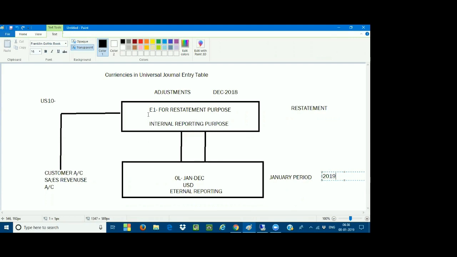Those manipulated transactions I can do in E1 for internal reporting purposes, like reposting of the cost or reposting of the revenues, or reposting of cost from one profit center to another profit center. Or say you want to have the revenue statement separately, or a separate financial statement for the year of 2018, where you have done some adjustments for the next coming planning years. Those kinds of transactions you can do in the E1.